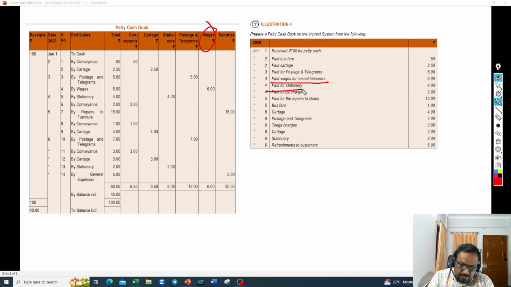Next, paid for stationery. Stationery is also a common expenditure. Whichever organization you go to, postage will be there, stationery will be there, cartage will be there, wages will be there. These are all common. So as soon as you see these names, you can create one column. These are all very important. So we created one column for stationery also. Next,